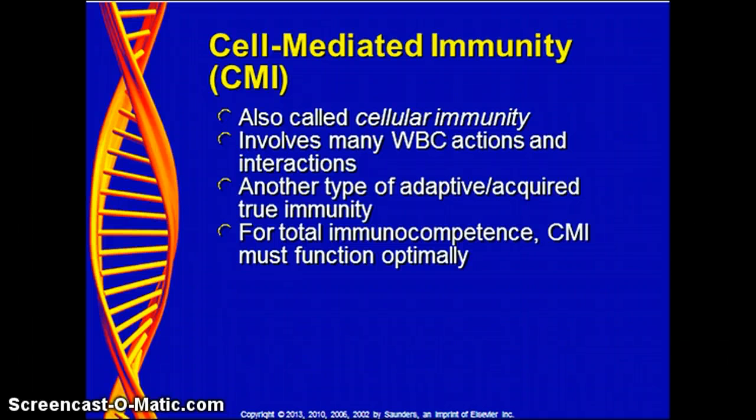And again, for total immunocompetence, you have to have cellular mediated immunity, you have to have inflammation, and you have to have antibody mediated immunity. So there are those 3 areas that will encompass a healthy immune system. We will pick up when